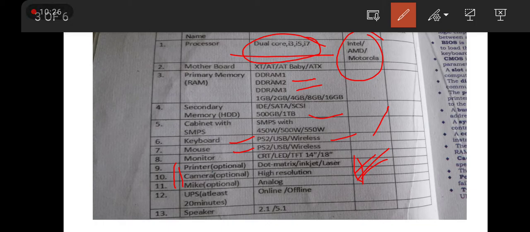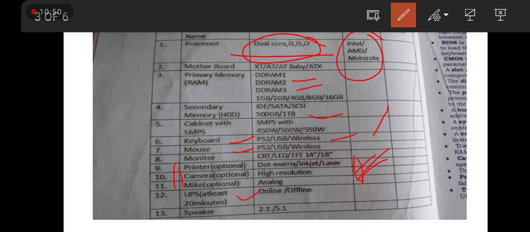Now mic is used for recording the voice or inputting voice type of data. Camera is for capturing images or videos, and printer is to have the hard copy output.